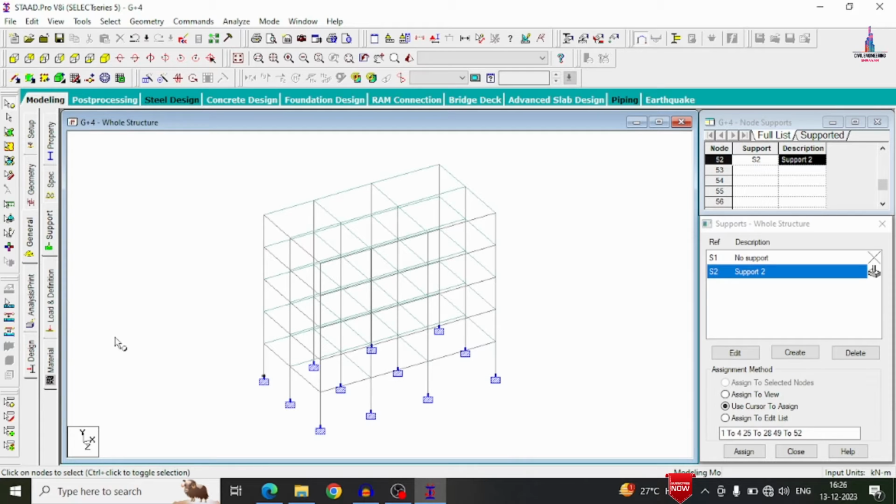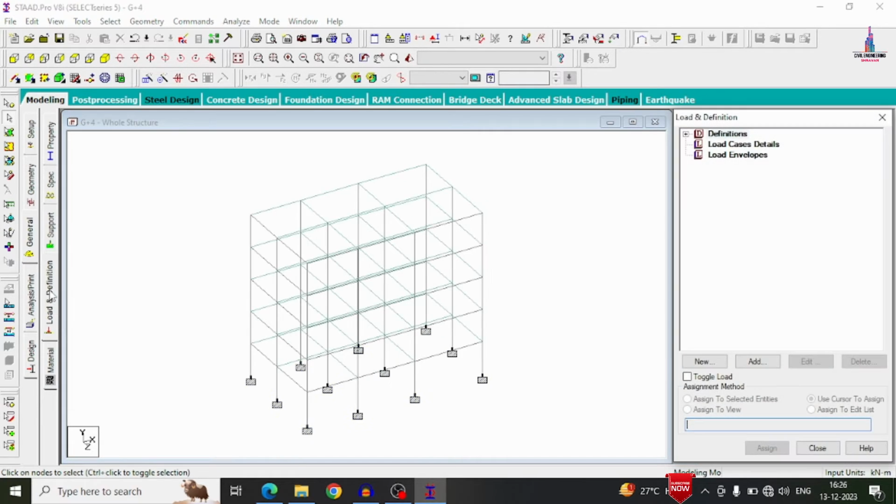Because in my area, there is no wind load effect on that particular structure, and the snow load effect is also not there. That's why I am not considering these for this particular building structural model. So firstly, we have to select the loads and factors option. Initially, we need to select the load case details.